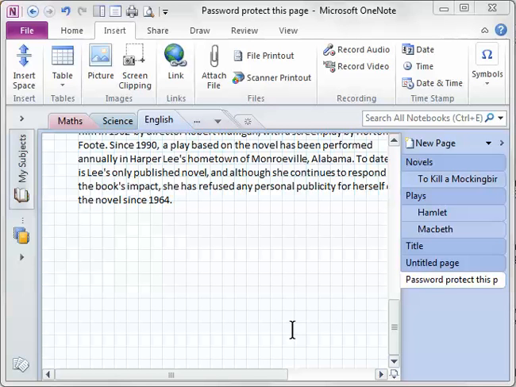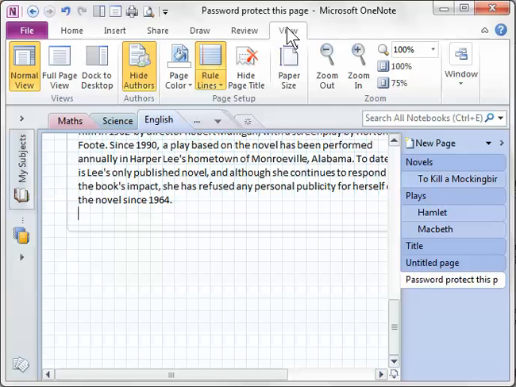Page sizes are normally set to auto in OneNote, which means you can just keep going and going, and that's fine unless you're thinking about printing them. So if you are going to want to print your pages, then they are better off set to a specific size, in particular probably A4 size. Alright, so to do that we're going to go to the View tab,